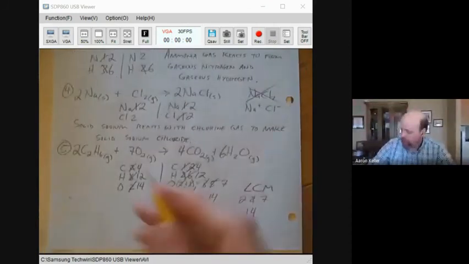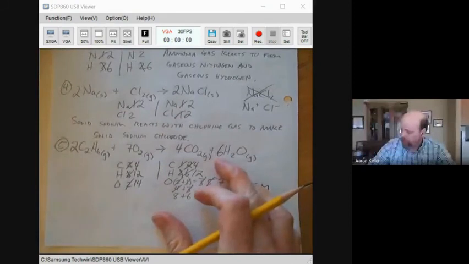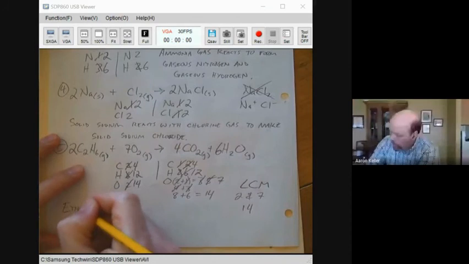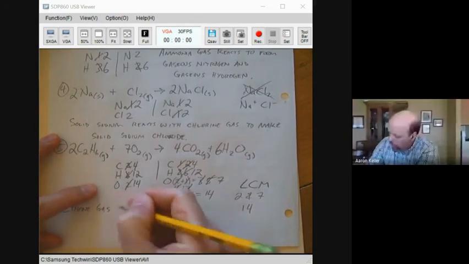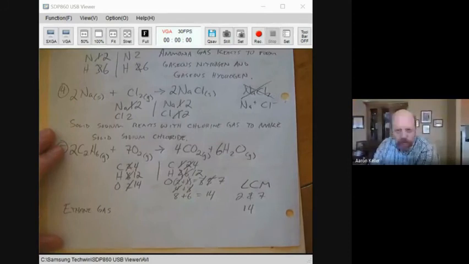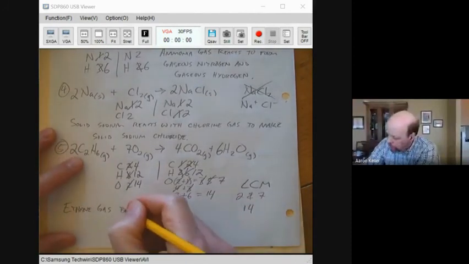I almost forgot. We need to write out a description of this equation in words. And we could write it like this. Ethane gas. Now, this is a combustion reaction. Sometimes we use verbs, although you could just say reacts with oxygen here. Sometimes we use verbs that are more descriptive. Ethane gas is a fuel. It can be burned. So ethane gas burns